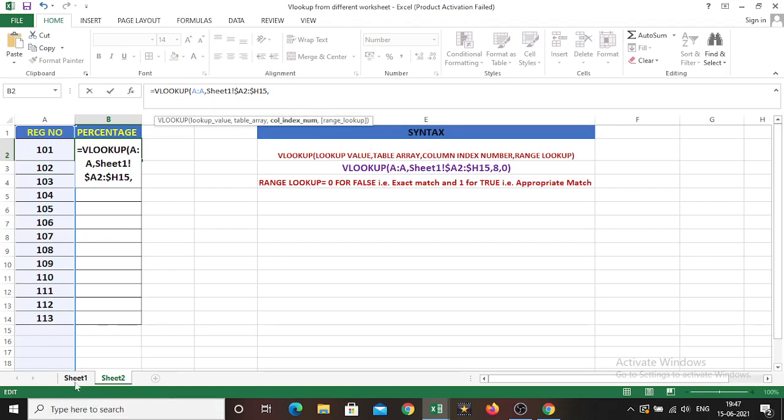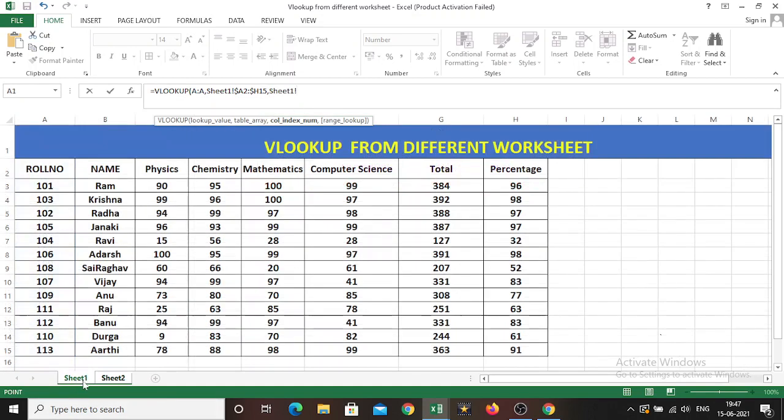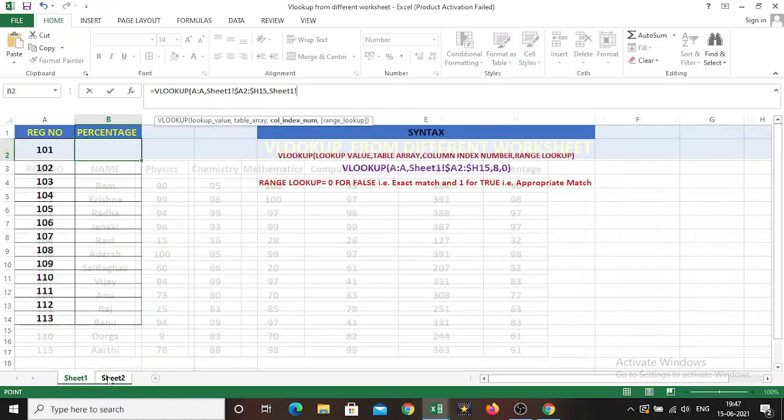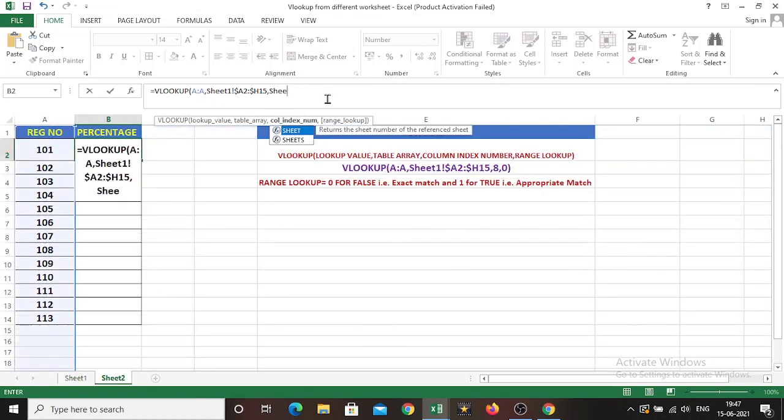Here the column index number refers to, in sheet 1, the column in which data you want. I want the data of percentage, so the roll number will be column 1, name will be 2, physics will be 3, chemistry will be 4, mathematics will be 5, computer science will be 6, total will be in the 7th column, and percentage will be in the 8th column. So it should be 8.